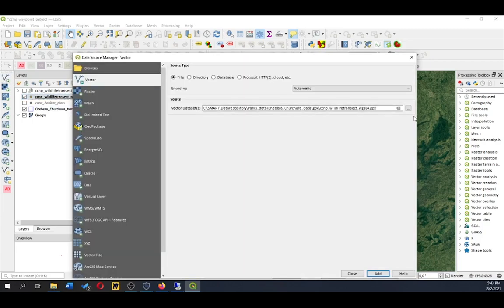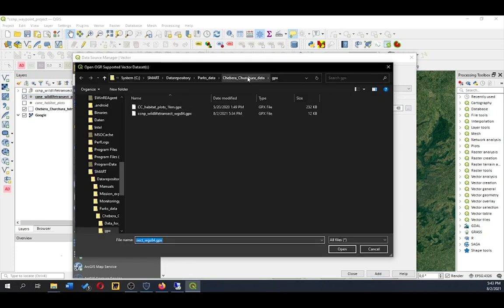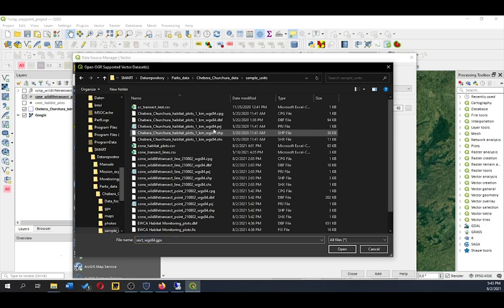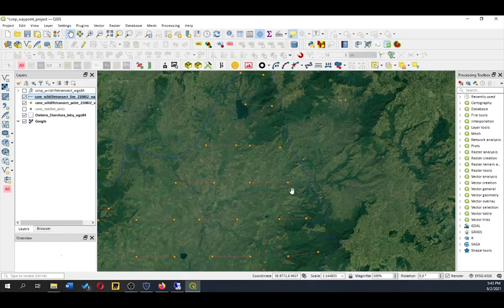So click on add vector layer, and now we browse to Chibera, but we choose the sample units. And now I would like to import the Chibera wildlife transect as a line. So I click on line, click on add,